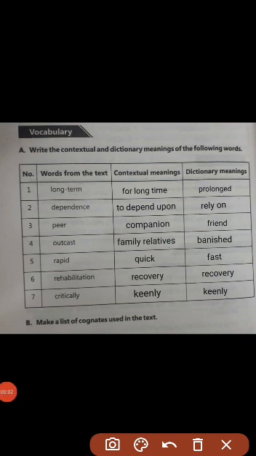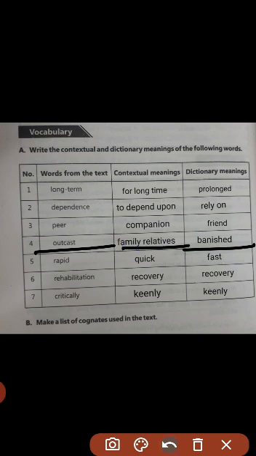Now you may see that long term is the first word and it has a dictionary meaning prolonged. Long term, prolonged. And the contextual meaning is for a long time. Dependence, rely on, and the contextual meaning is to depend upon. Peer, friend, and the contextual meaning is companion. Outcast, banished,